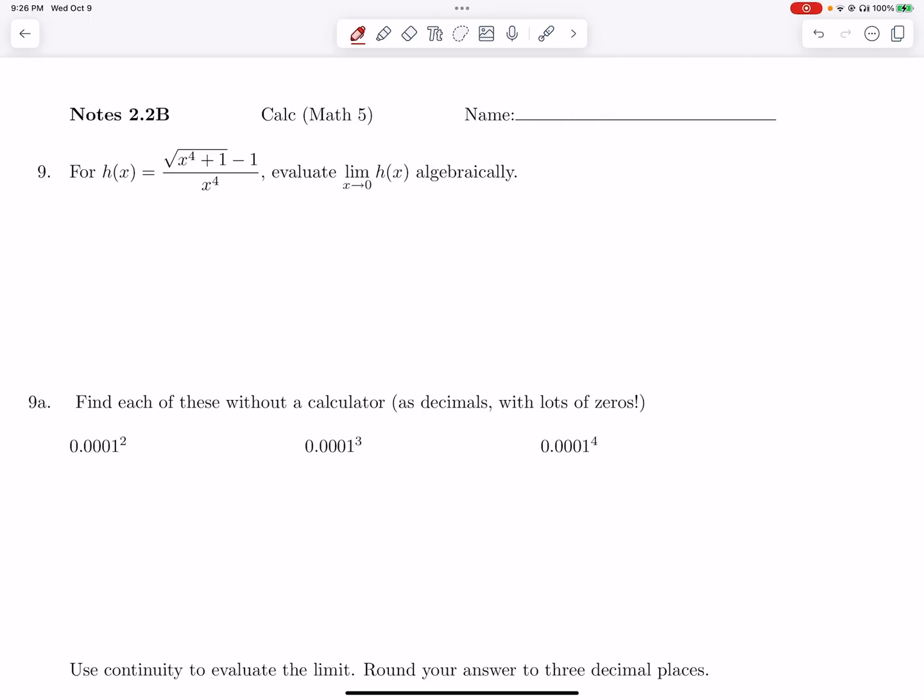Okay, this first problem on 2.2b is actually the same as the homework problem, except that this time we're doing it algebraically. And this is the kind of stuff we were doing towards the end of the year last year in pre-calc. We're looking at the limit as x approaches 0. And the trick for square roots